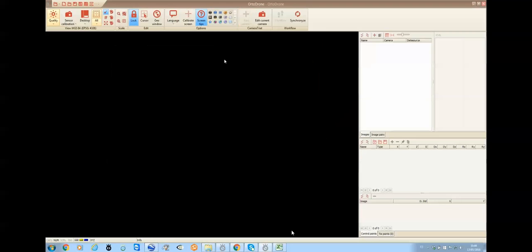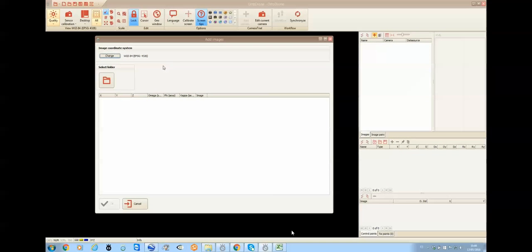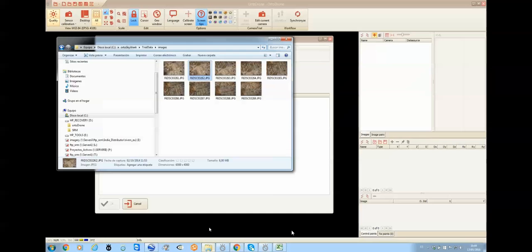Then we will be able to load this camera. Now that we have the camera created, we can go to add the images. First of all, we have to change